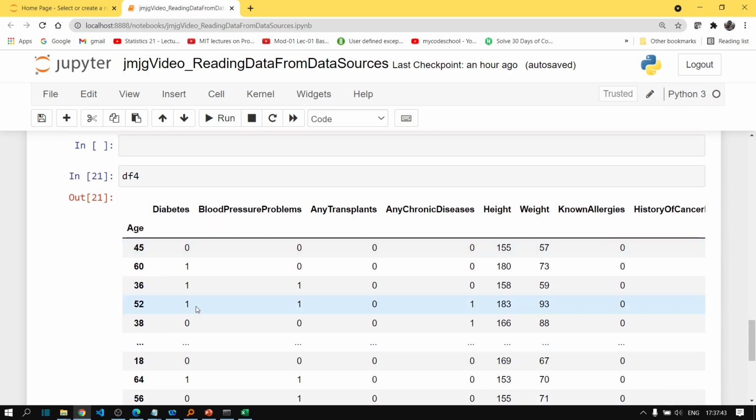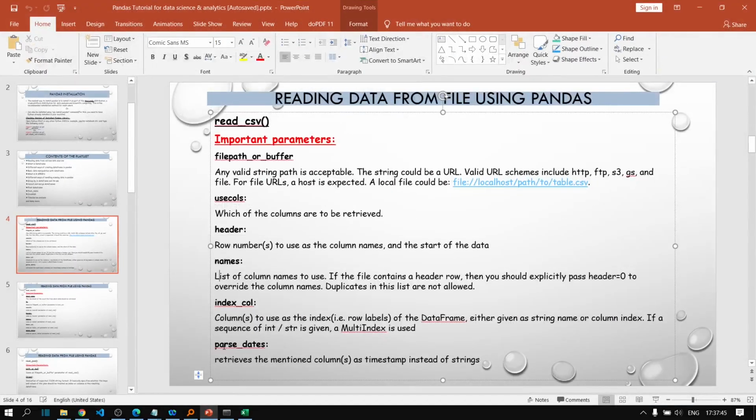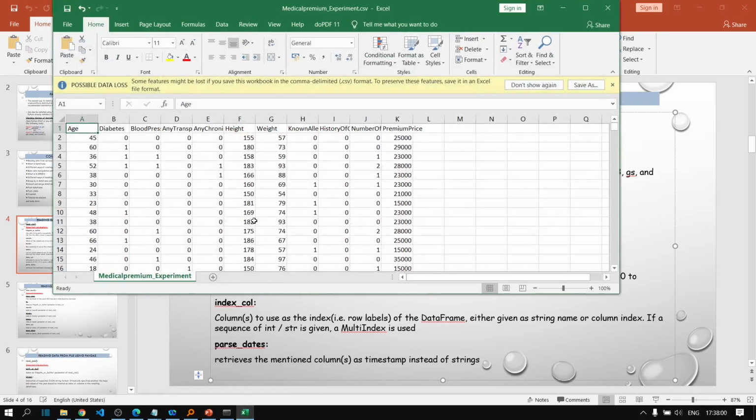Okay, so the next parameter that we are going to discuss is parse_dates. What this parameter actually does is it retrieves the mentioned columns as timestamps instead of strings. Here we do not have any date columns or any columns that correspond to some particular date or datetime.